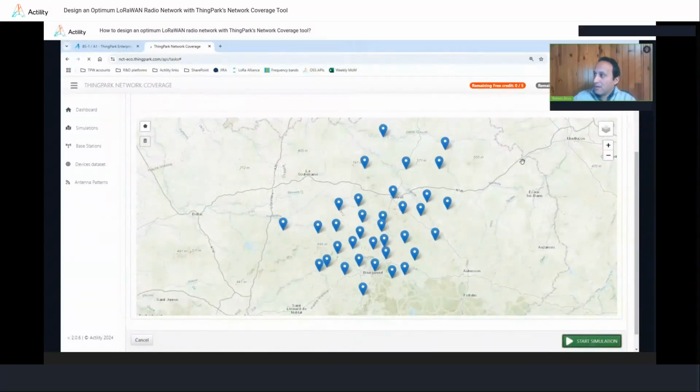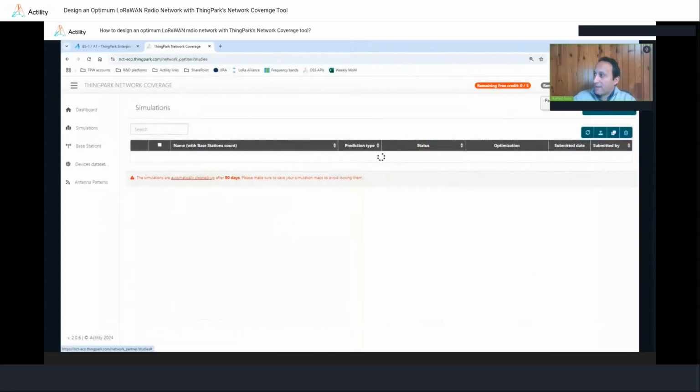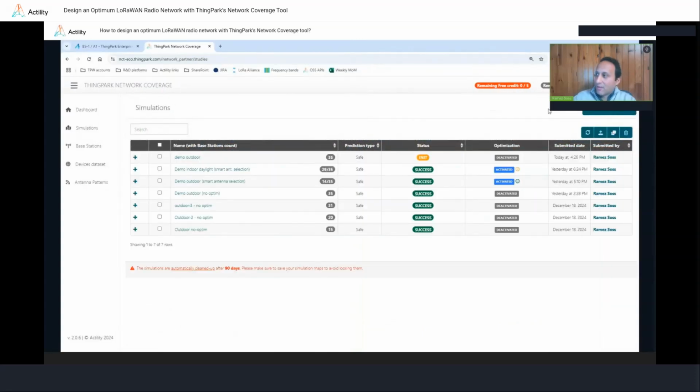An important thing to note is that if I don't have enough credit, the simulation cannot start. So here I have two kinds of credit. I have free credit that is typically set to 5 base stations every 90 days, every quarter. And then if that's not enough for my use, I can buy extra credit from the SyncPark market, as we will show you just after the demonstration. So if I don't have enough credit, I cannot launch my simulation. The tool will generate an error. In my case, I have enough credit, so everything can go well.